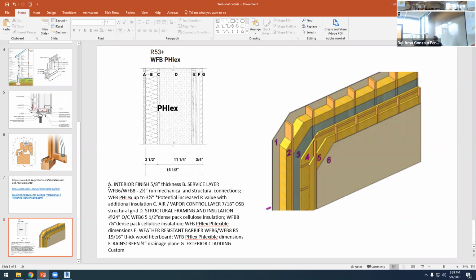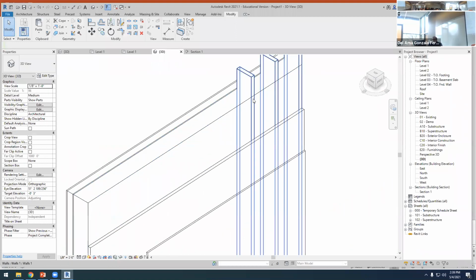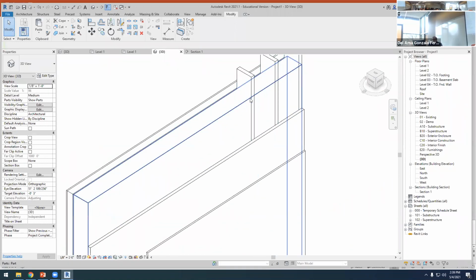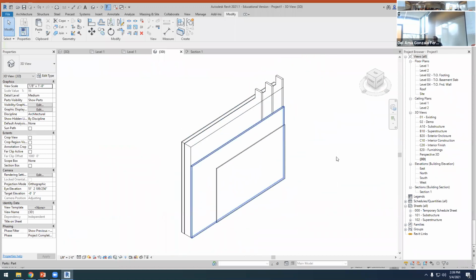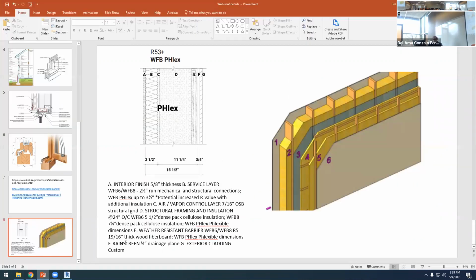Okay. You can copy the legend from Benson wood, the detail is from Benson wood. The only thing is that you need 1, 2, 3, 4, 5, 6, 7. Some of these materials are just thin films, so probably they don't have a thickness. It's just a film or a membrane. So probably you won't find all the materials, but most of them are here. So you can place numbers, and then you can place the legend, and then you can prepare this